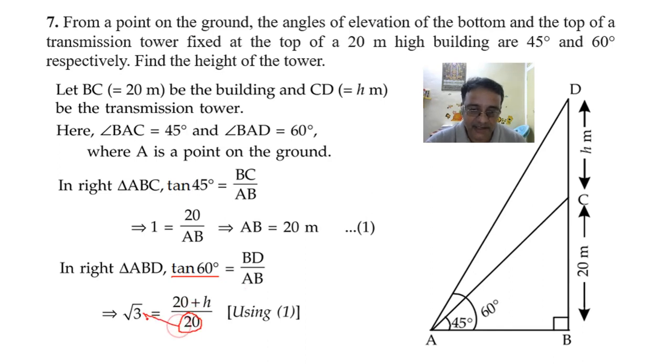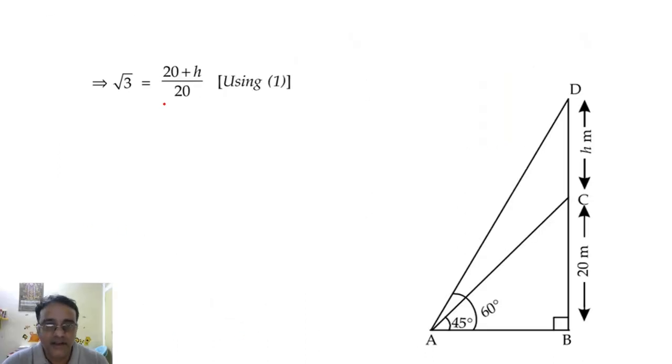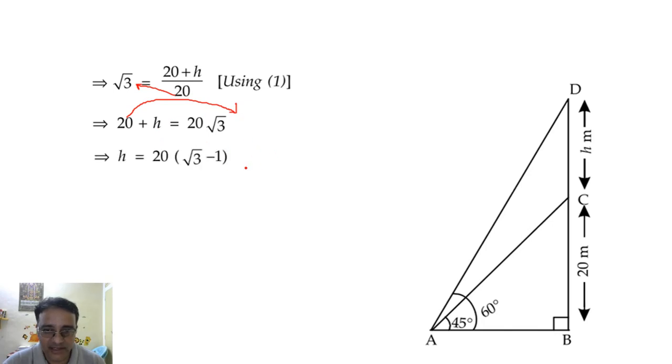So cross multiply कर लो. So 20 plus H is equals to 20 root 3. Now if you do cross multiplication, we'll get 20 root 3 is equals to 20 plus H. फिर इसको यहाँ पे शिफ्ट कर लो, सो -20 हो जाएगा, उसके बाद 20 कॉमन लेंगे तो ये फाइनल आंसर आएगा, h इज इक्वल्स टू 20 इंटू root 3 minus 1. देखो सारे जो आंसर्स हैं वो रूट 3 के फॉर्म में ही हैं,